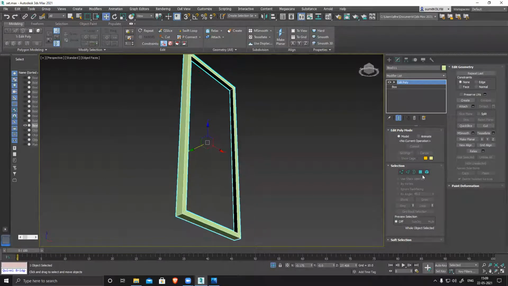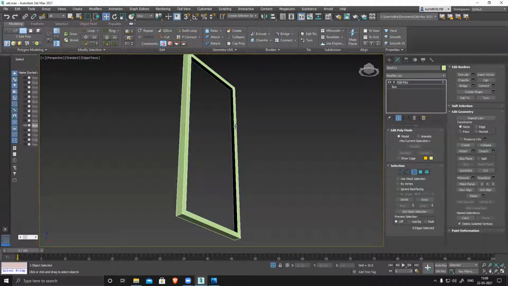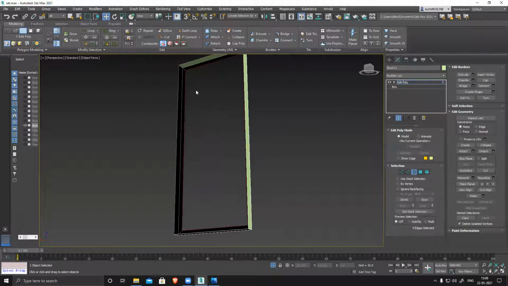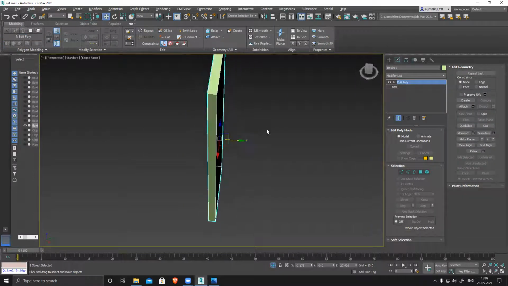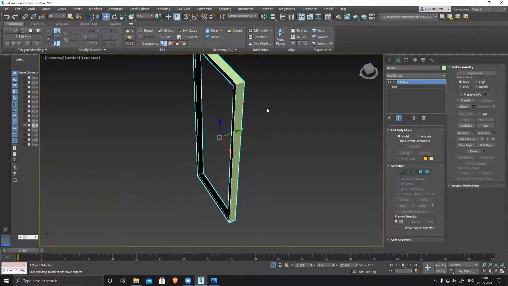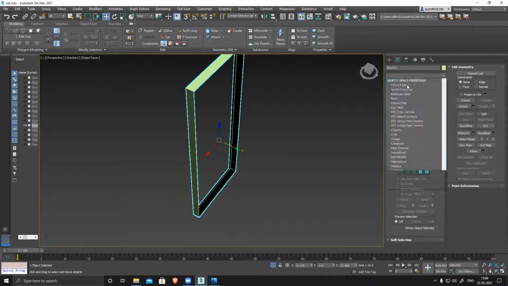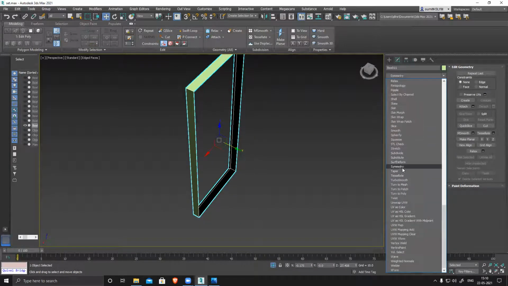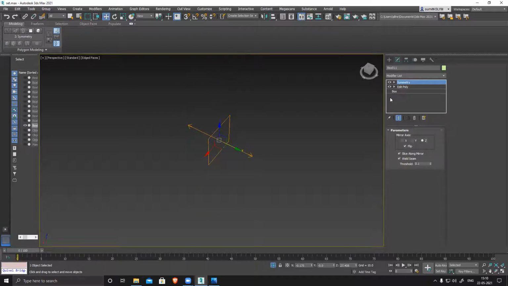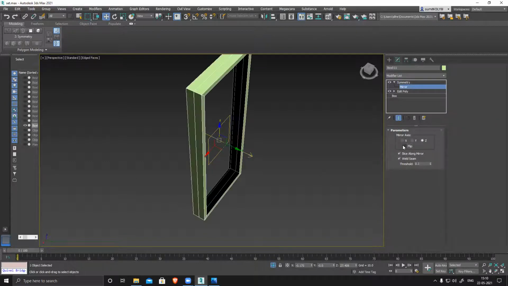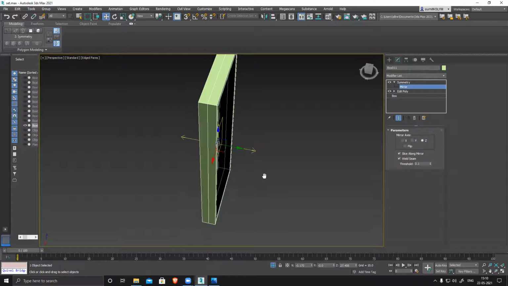So now I have to bridge them. I can select this border. Sorry, where is that? This thing is not there. That's strange. I selected both the sides to create only one side. Why? So I created this thing.